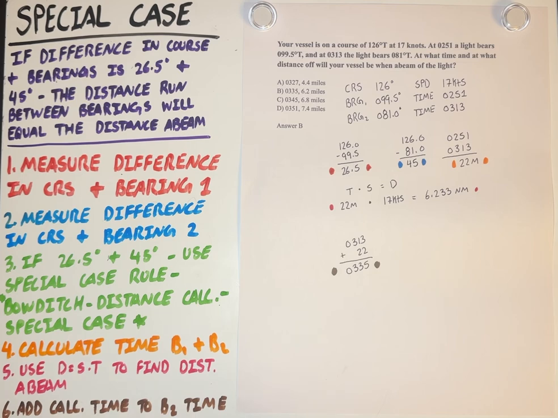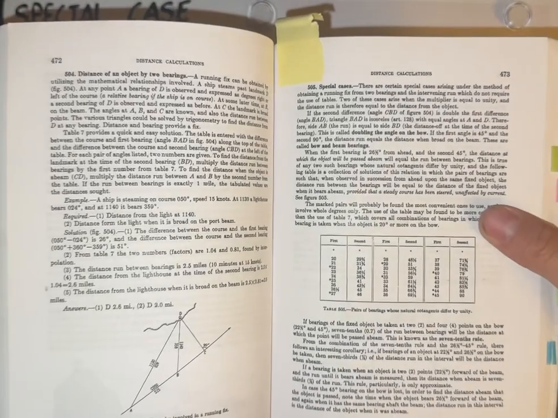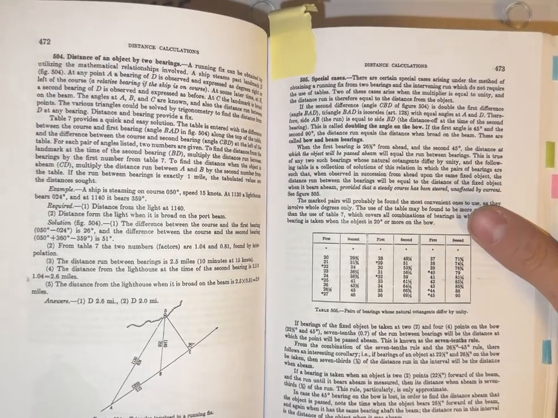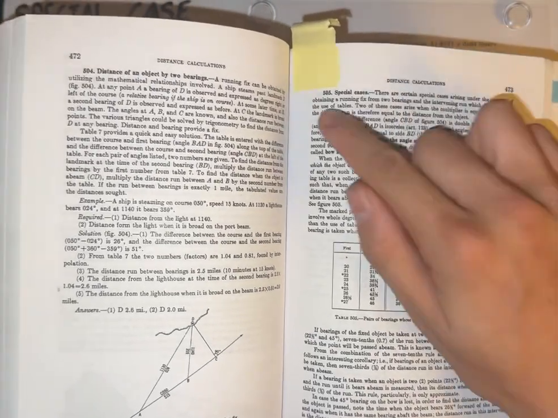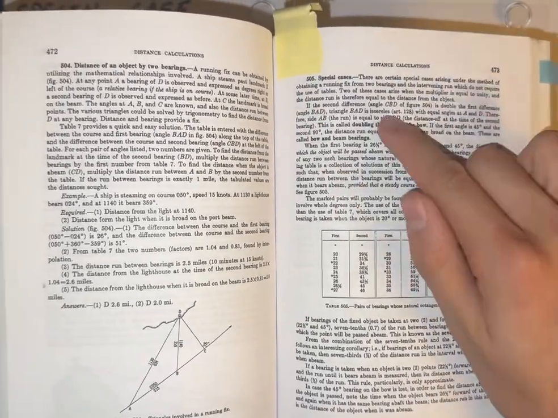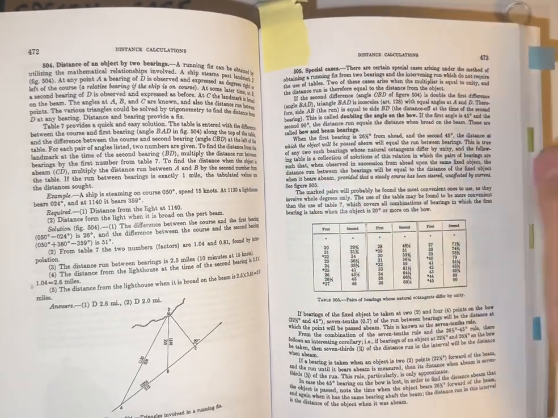So you don't need to memorize special cases, but you do need to know how to recognize them. The reason you don't need to memorize them is because they are in your Bowditch Volume 2. I'm using the older version of Bowditch, but you can go to the distance calculation section. It's number 505 for me, and about a quarter of the way down, we'll read that when the first bearing